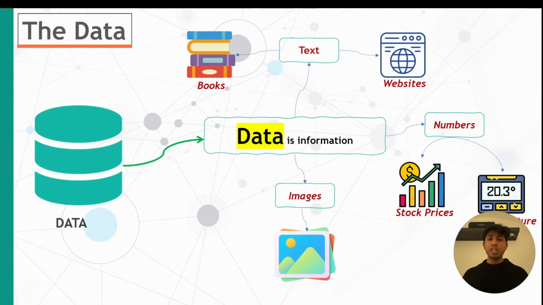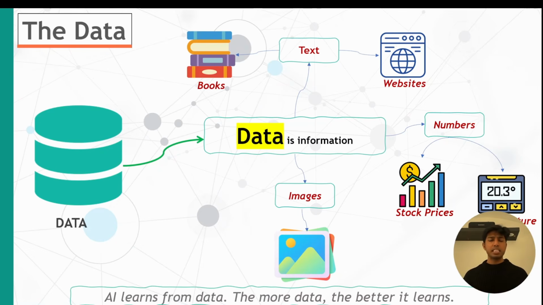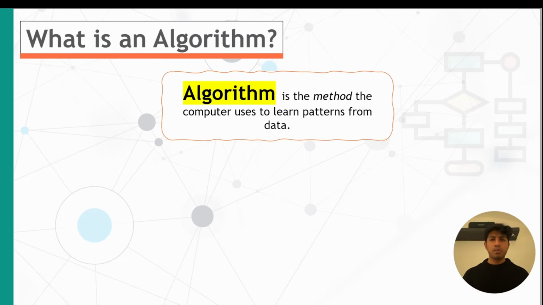Let's say if you were learning a language, data is the conversations that you would hear. Similarly, if you were learning to cook, data is the thousands of recipes you read. That's all data. AI learns from data. Data is all it needs. So for better performance, AI needs enormous data. I hope it's clear to you. Now let's move on to our next term, that is algorithm.